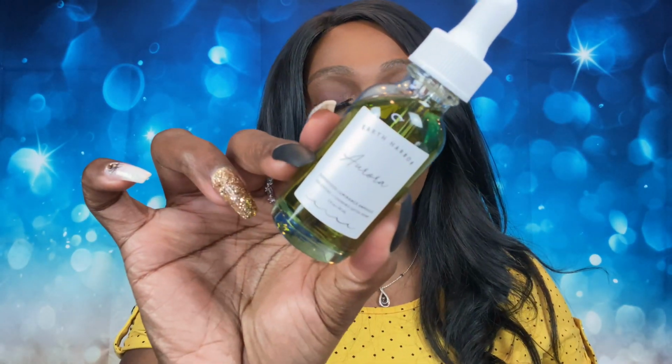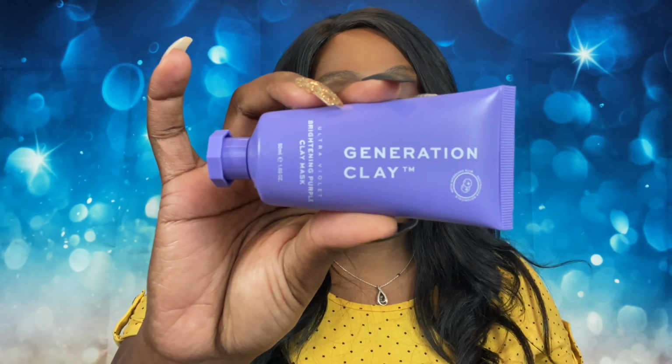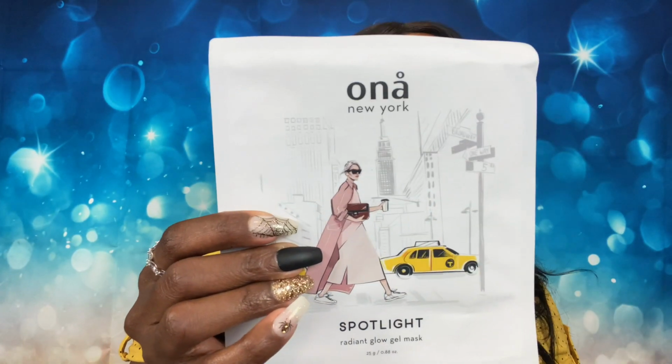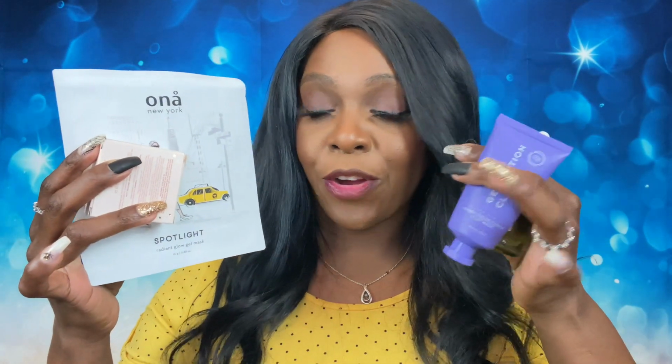Okay, let's do a quick recap. We're going to do final thoughts and we're going to be done. So we received from Earth Harbor this facial oil right here. From KVD Beauty, this lipstick right here. From Generation Clay, this brightening purple mask. From Ciate London, this translucent powder. From Ona, New York, this Radiant Glow Gel Mask. These 5 products here. Final thoughts on this month's box was I thought that for the most part, it was